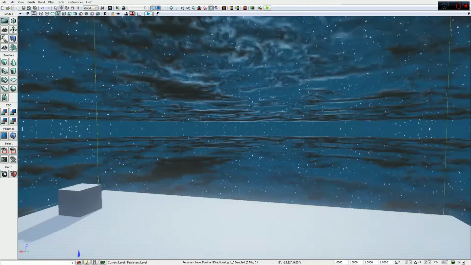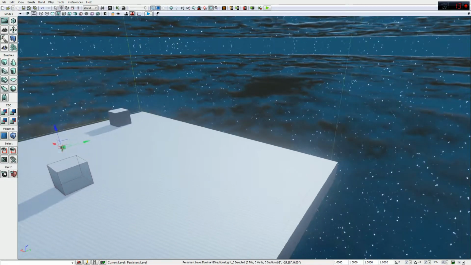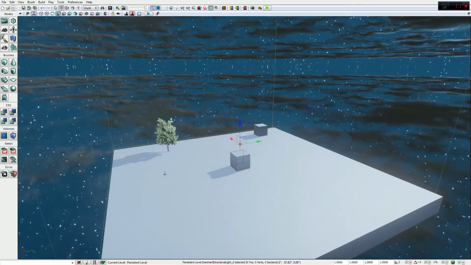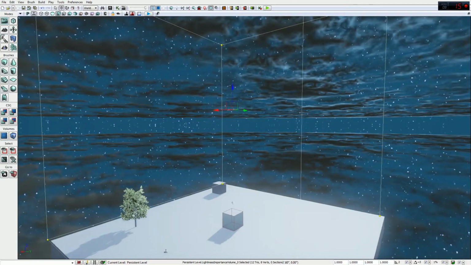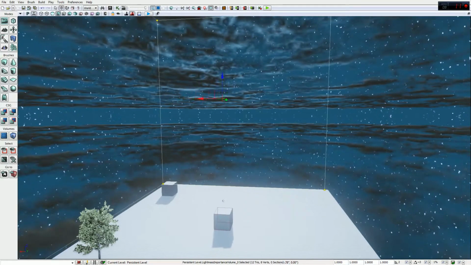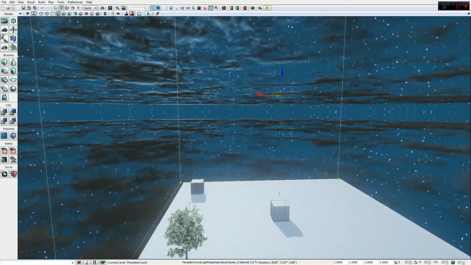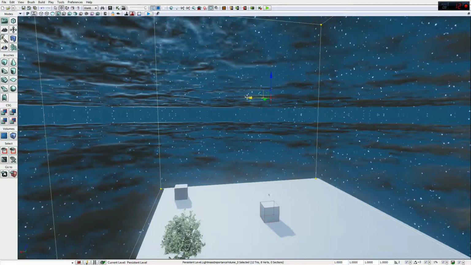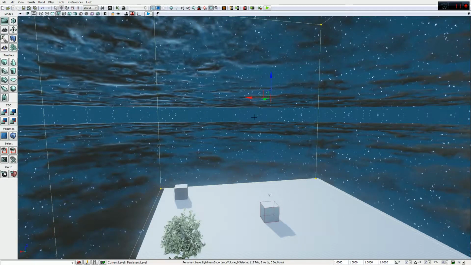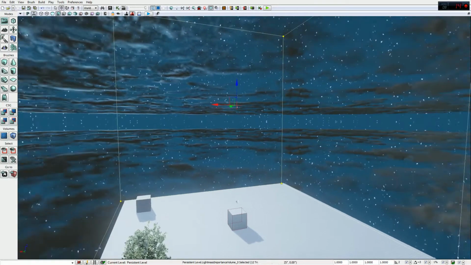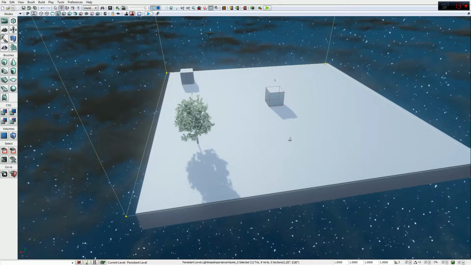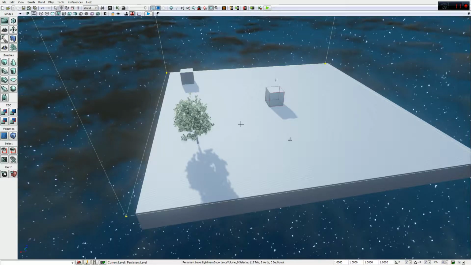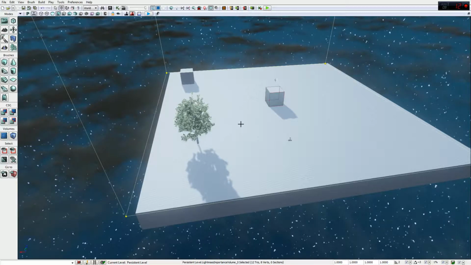Now, the only other thing I need to talk about is Lightmass. Lightmass is very important. This right here is a Lightmass importance volume. You want to have this in every single level, every one, because it speeds up your lighting tremendously. Basically, it tells UDK where your lighting is going to be occurring,